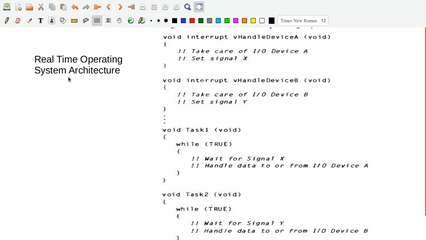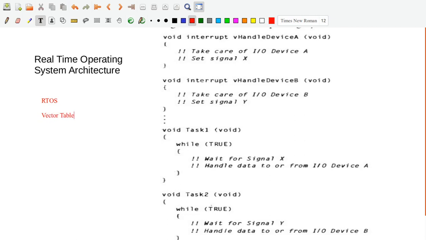So it was not able to preempt the low priority task, and it had to wait for the completion of the low priority interrupt task. Now that is overcome in the case of real-time operating system architecture. So basically you have a dedicated RTOS for that. So, real-time operating system architecture, it will have one vector table.